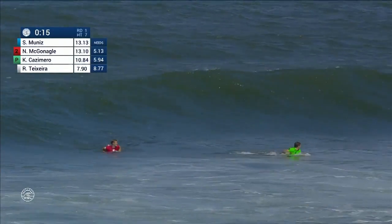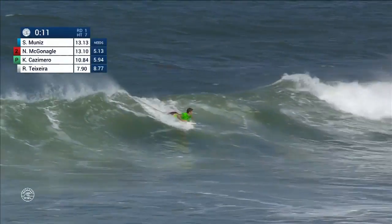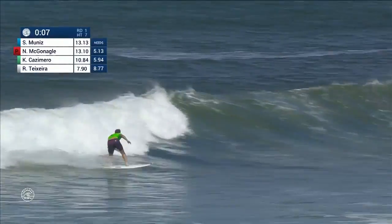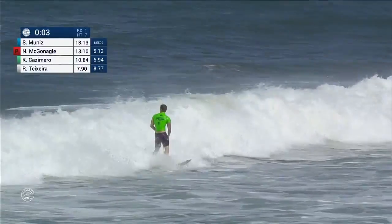Sometimes guilty of just getting too far ahead and out on that open face and keeping it lateral. So, you know, we're looking for those bigger sections to attack, get more vertical, get more dynamic. Well, it looks like it's going to be